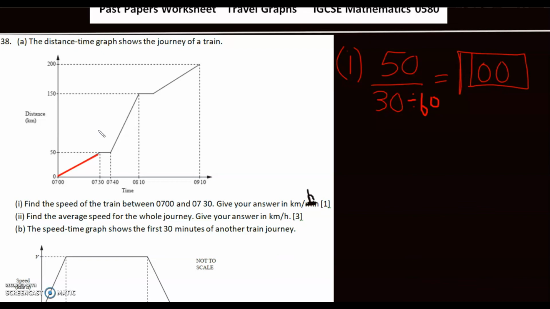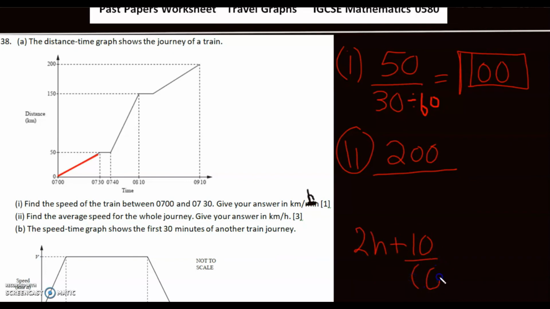So for average speed, we'll have to find total distance upon total time. Total distance is 200 kilometers from the y-axis upon total time in hours. So from 7 to 9:10 we have 7, 8, 9, 2 hours 10 minutes. Change 2 hours and 10 minutes into hours. So what do we get? 10 divided by 60 plus 2, we get a fraction 13 upon 6. Solve this. 200 divided by 13 upon 6,